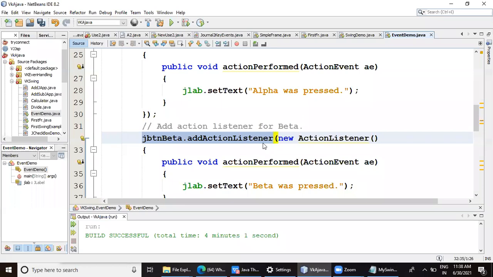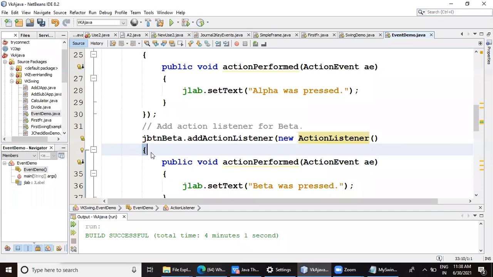Please pay attention because it is not easy to understand. So please pay attention. So whenever I have a beta button here, whenever I'm going to register it to the listener, while registering it to the listener again, instead of writing this, I have again dynamically trying to instantiate action listener through anonymous inner class.